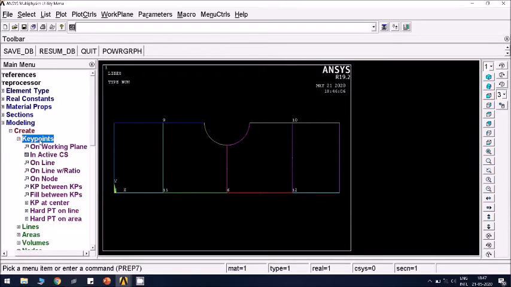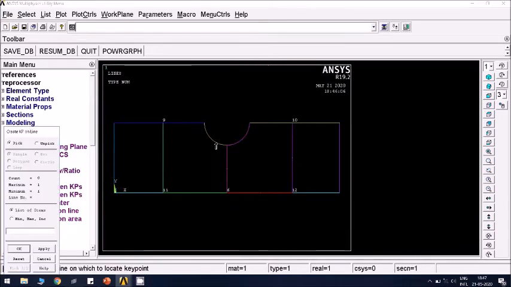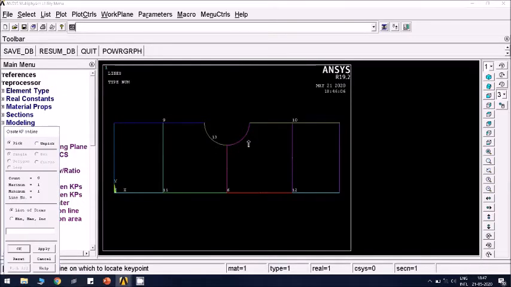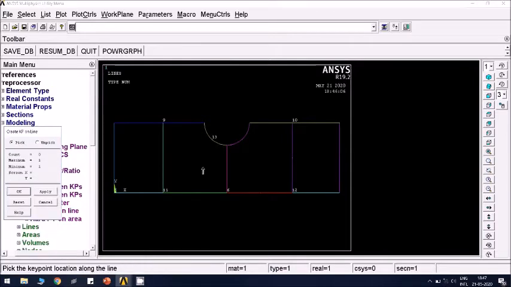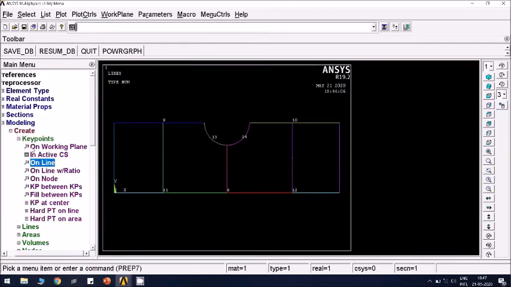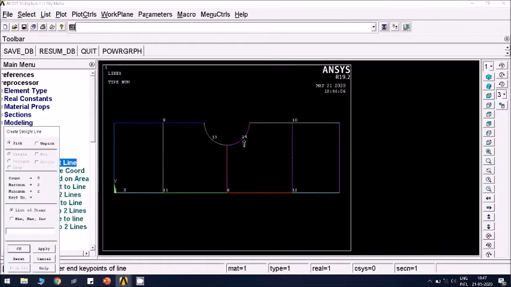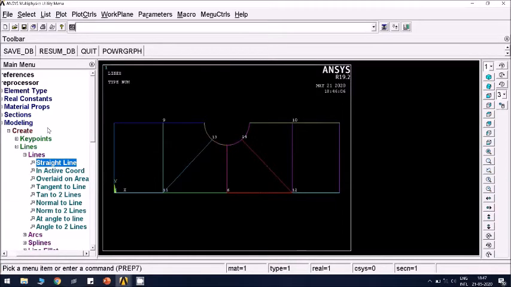So to create a key point here, go to key point on line, select this line, select approximately the midpoint of the arc, click OK. Then lines: you draw the lines between this key point and this key point, this key point and this key point. So dividing lines are drawn now.